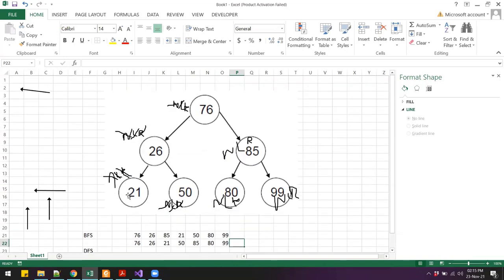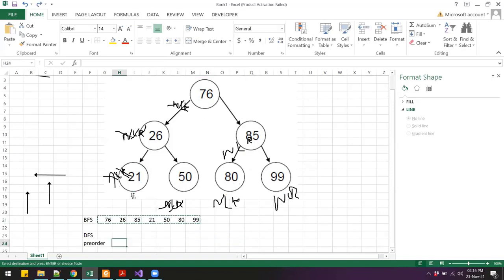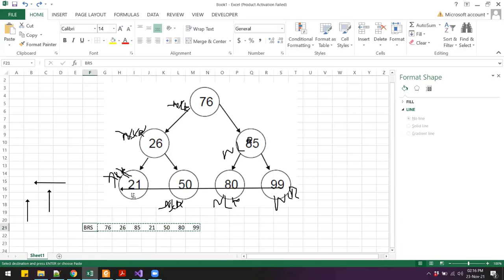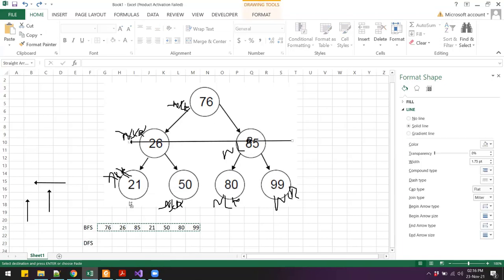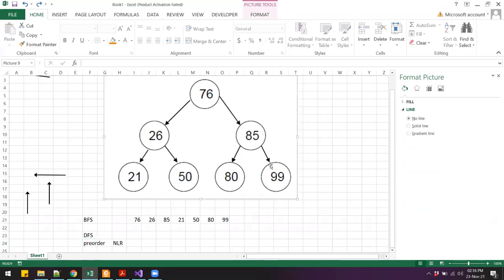Now you will see that this particular method of traversing and printing is kind of difficult and complicated to understand. So I'll give a simpler way to print the data, and you can do that just by looking at the tree. Okay, so I again have this particular tree. Now I want to print the data of this binary tree using the pre-order traversal.